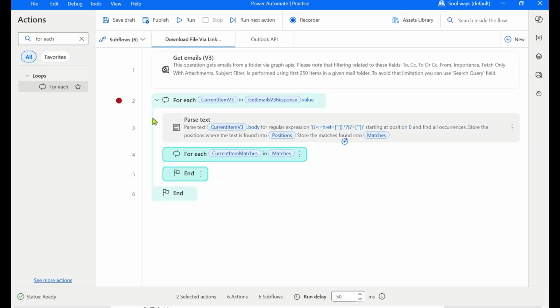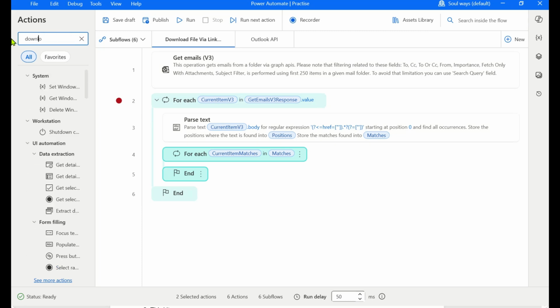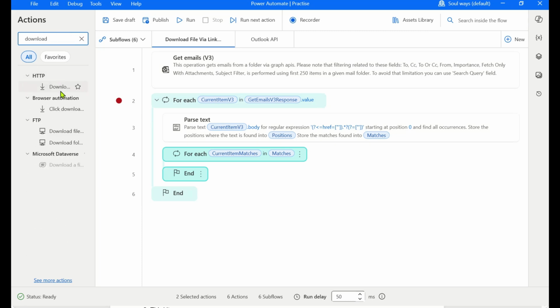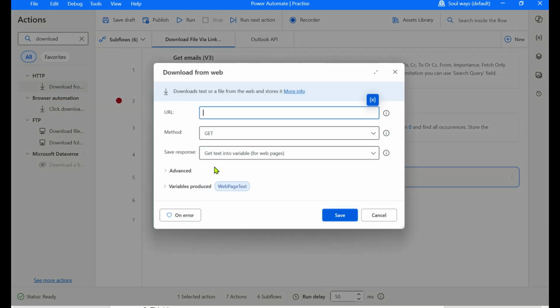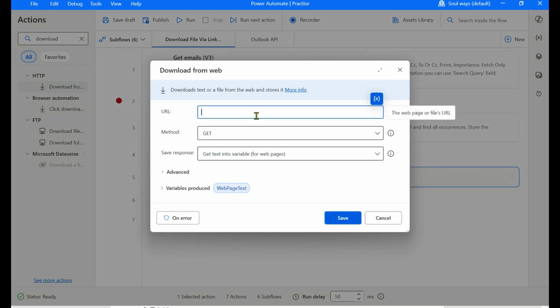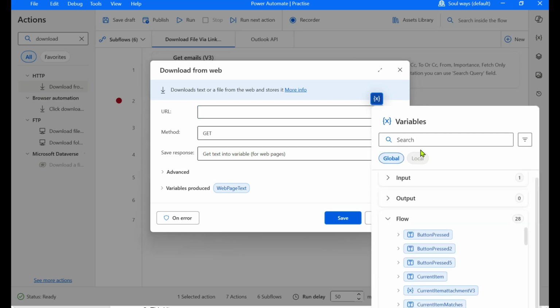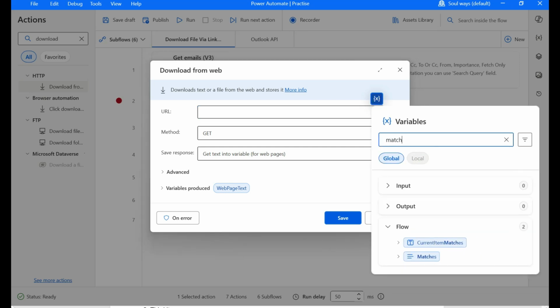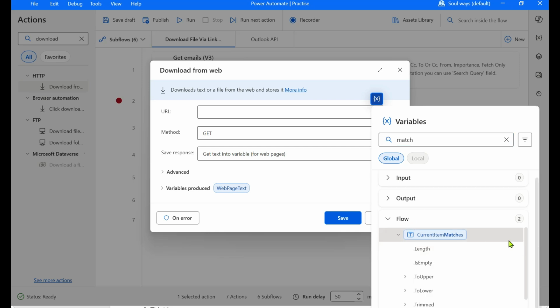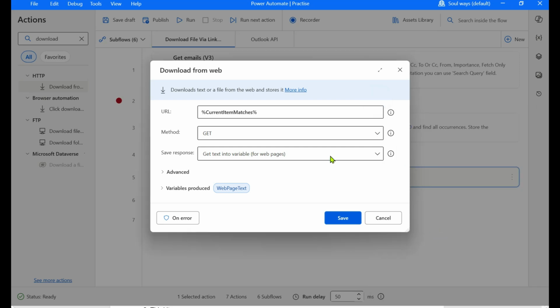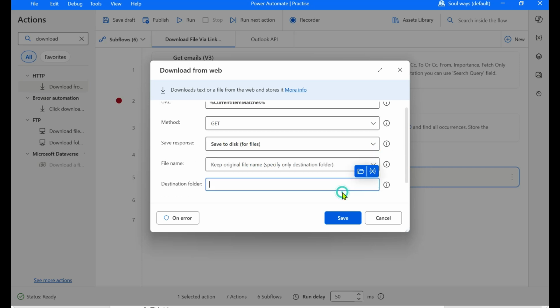Okay, and here I need to get the download file. Just put this download from HTTP. Just drag and drop, and I need the URL. This URL I basically get from the matches. So current matches are there now. You can just check this from here. So current matches. Just put that and use this get action and save to disk, and I need to select